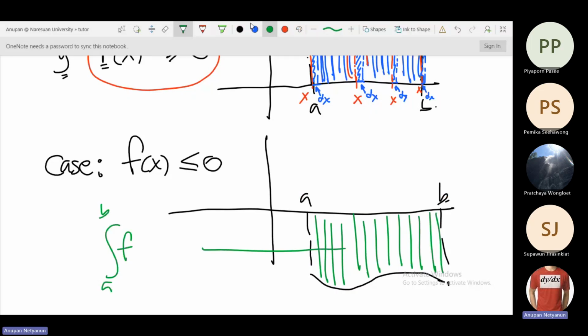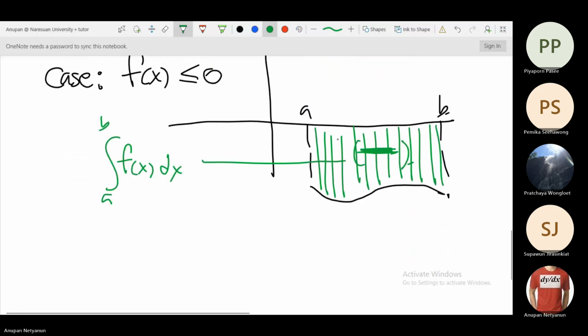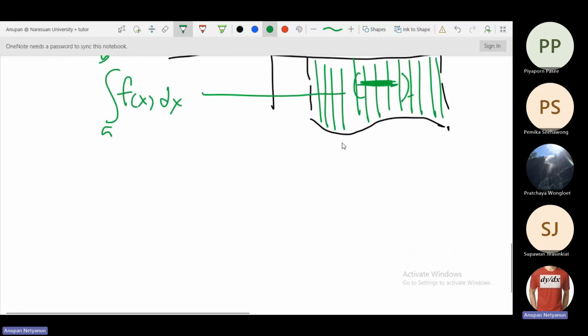The integral from A to B of f(x) dx is going to be the opposite way of the above, and the outcome has to be negative, because it's the graph under the x-axis. Now, you can see that if you have a case of mixed